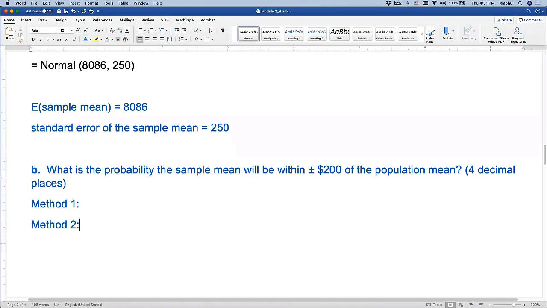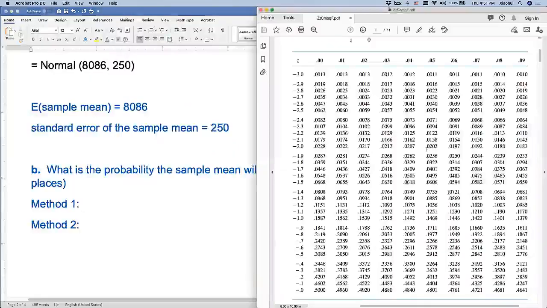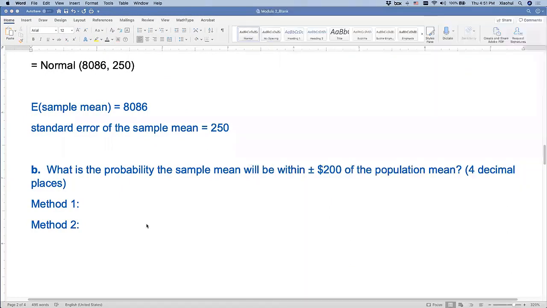So what is the first method to find a probability? How would you find a probability? We have already done plenty of exercises last time. How did I solve the probability? Did I just come up with those numbers in my head, or make up some fake numbers? How did I get those numbers between 0 and 1? Do you remember how I did it last time? Yes, I used the Z table, right? So method 1: whenever you see the word probability, you should use